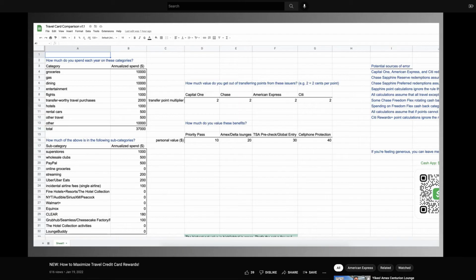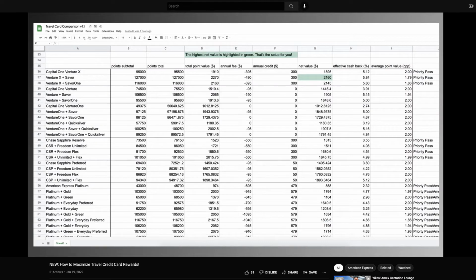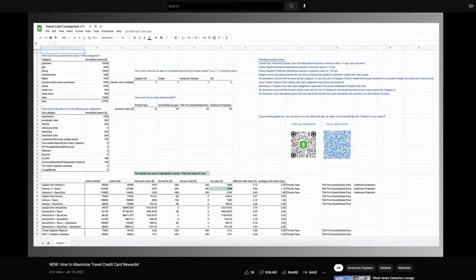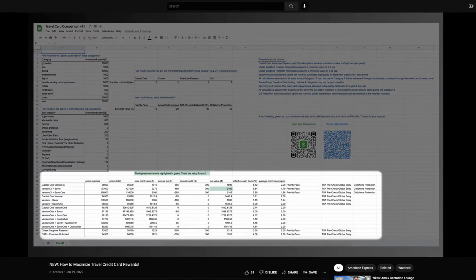Huge thanks to those of you that used and shared the travel card spreadsheet from my first video. It looks like a lot of people found it to be really useful, which is awesome. If you haven't tried it out yet, please do check it out. I think it's a pretty easy way to figure out which travel cards are best for you based on your